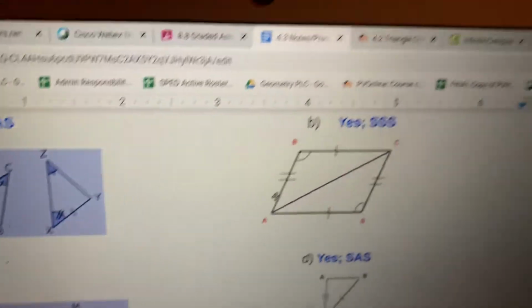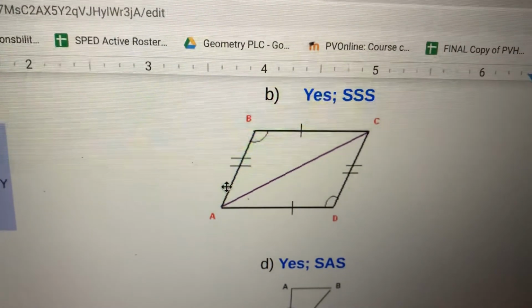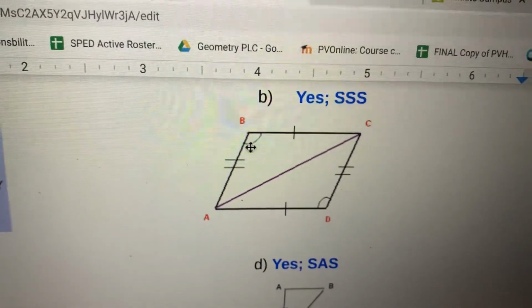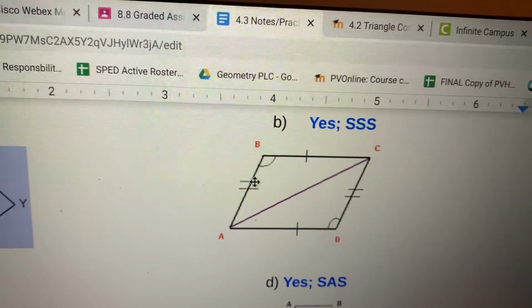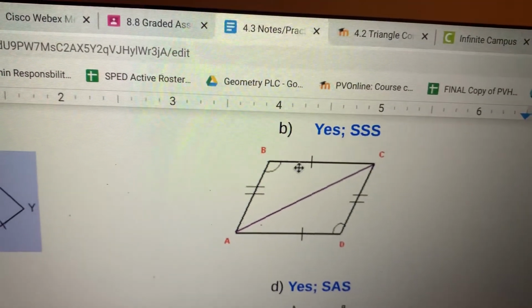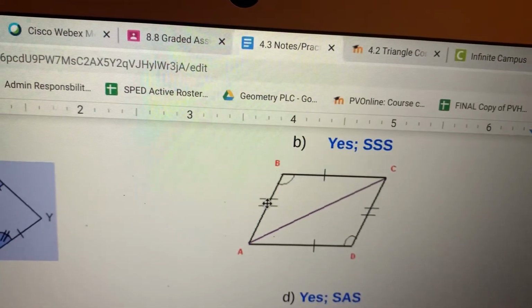Over here, this is a review from last time. This one isn't going to be on your SR, but it is just good to review. So it is going to be side, side, side. So we do have a side here and a side here. We do have an angle here, but if we have side,